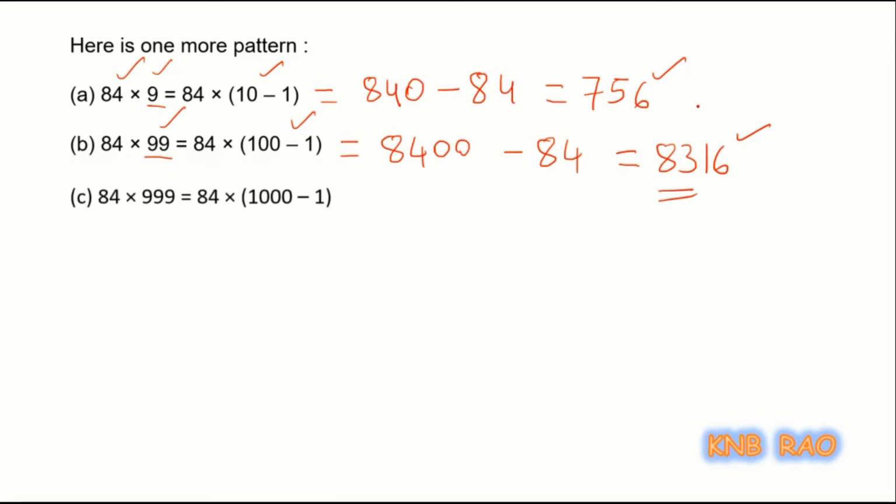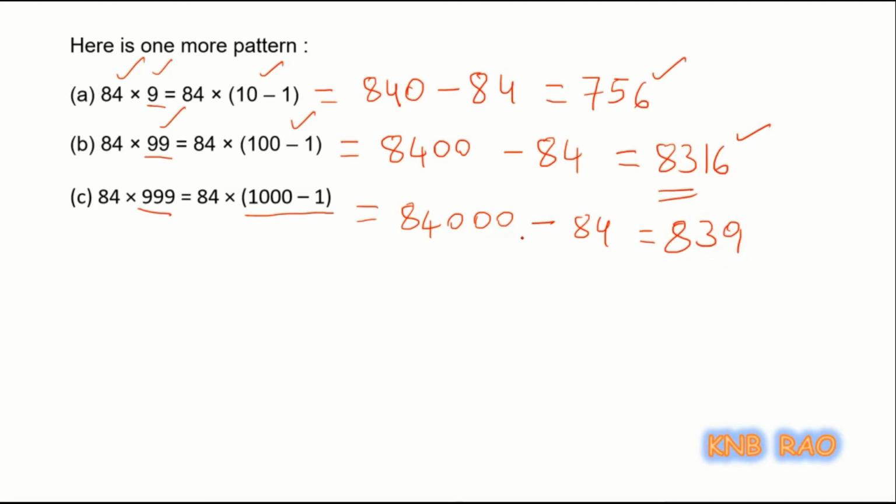Next, suppose you are multiplying 999 to this 84 only. Same way we will write 999 as 1000 minus 1, whereas by applying again distributive property, 84,000 minus 84. This is how it becomes. Now what will be there? Definitely for us 80,000 will be there, 39 hundreds will be there, that means 83,900 will be there.